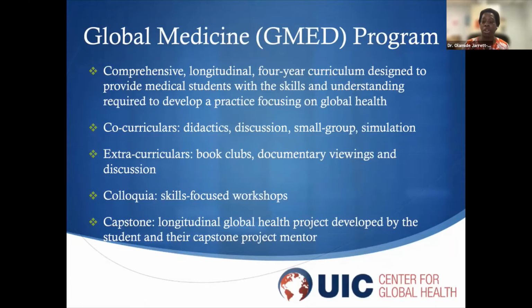And then the ultimate focus of our program is a 4-year longitudinal global health project that's developed by the student and their capstone project mentor. Unlike some of the other concentrations that have spoken, the capstone project starts from your first year. During your M1 year, you spend the first half of that year figuring out what your global health interests are and finding a global health capstone project mentor to help you develop a project. And by the end of your first year, you have a general topic that you're interested in,